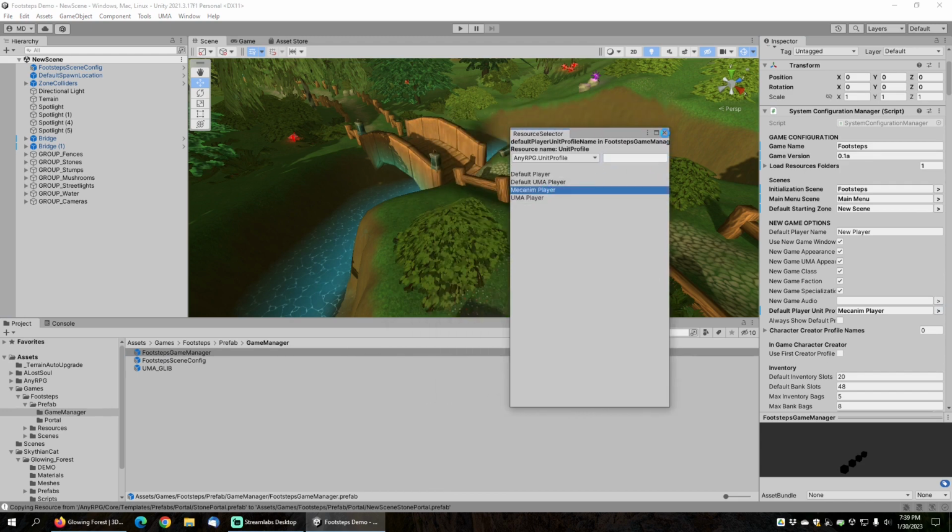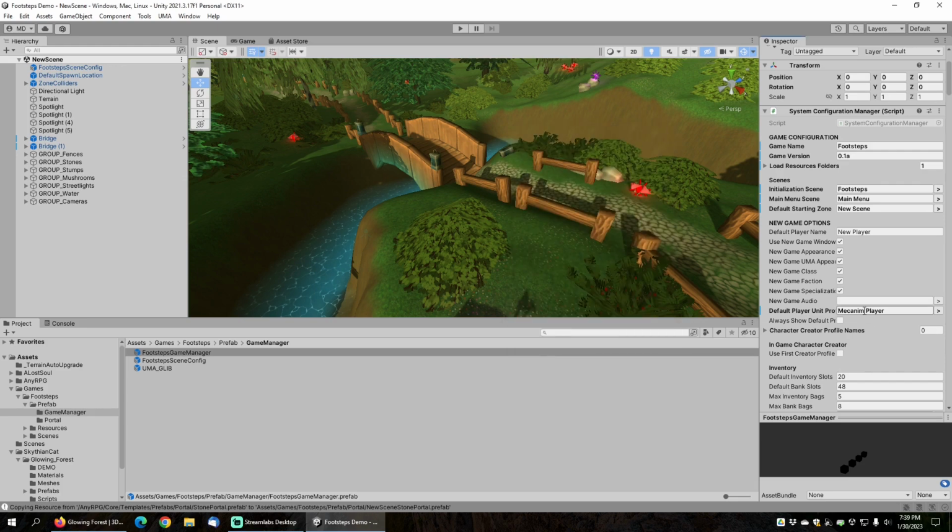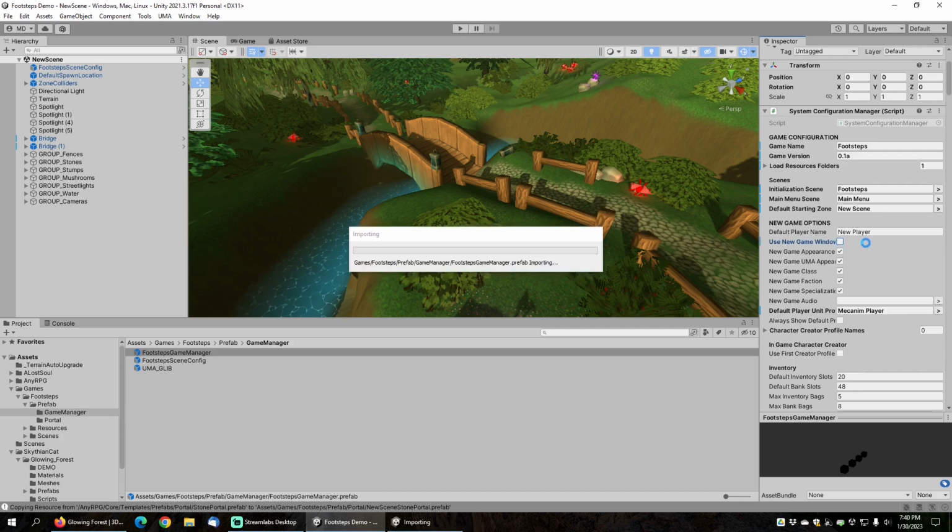to Mechanim player. This doesn't actually make any difference, but the reason that I'm doing it is because the Mechanim player has boots on by default, and it's going to look kind of funny if our naked UMA character is running around without shoes on and making footstep sounds like he does have shoes on. Just a little bit of aesthetic here. I'm also going to uncheck the Use New Game window checkbox so that we can just jump straight into the